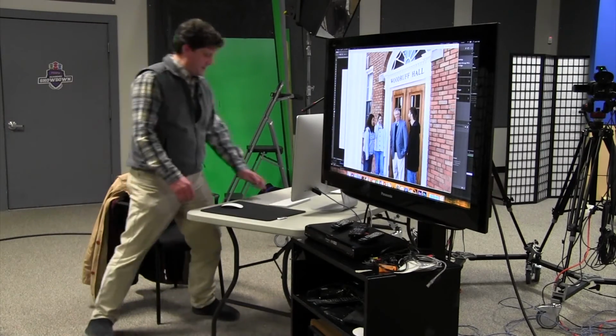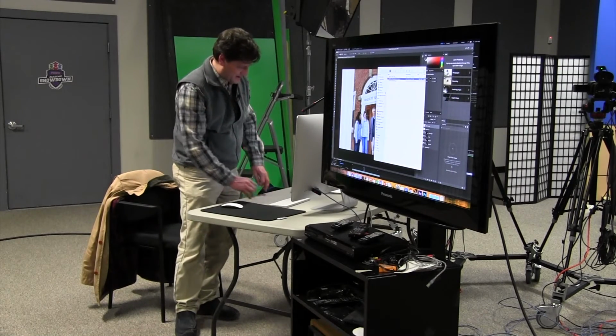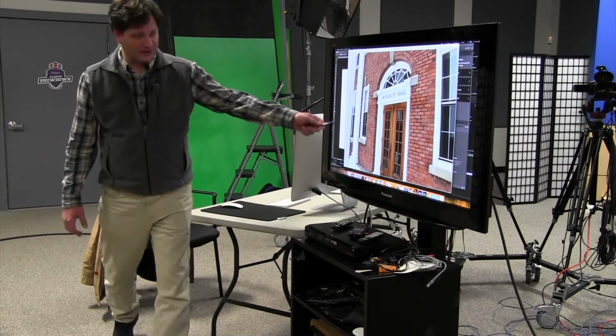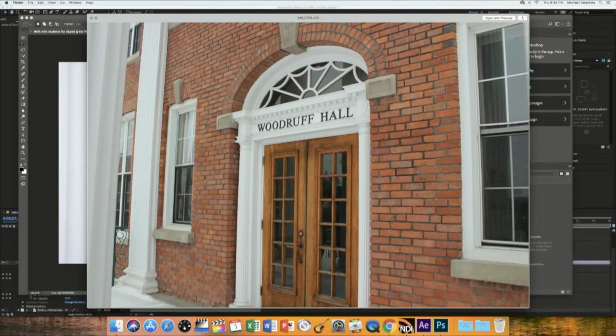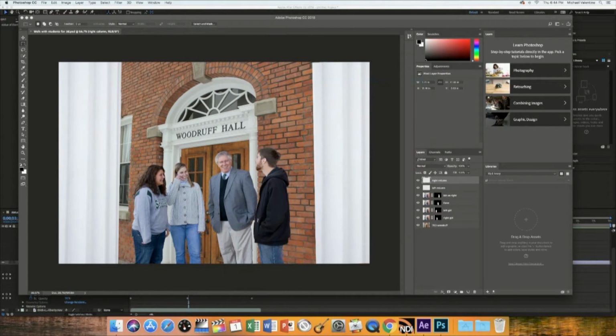So, I'm lucky enough that I actually know where this photo was taken, and I'm there twice a week. So I went and just took this photo. So I took that photo. Somebody else took the other photo from before. So I had kind of a nice clean background plate. So now if I go into Adobe Photoshop,